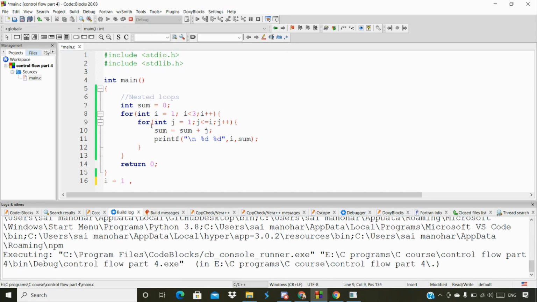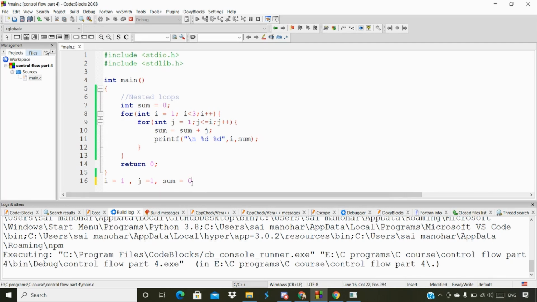This particular condition again. We have, inside the for loop, one more for loop. So it's going to initialize again j equals to 1 here, and it's going to check this particular condition, which is true. So it's going to move into the for loop, and inside the for loop we have two statements. One is adding sum plus j, and again it's storing it inside the sum. So we are going to do this, and here is how it's actually going to work. So sum equals to sum plus j; initially we have initialized sum with 0, isn't it?